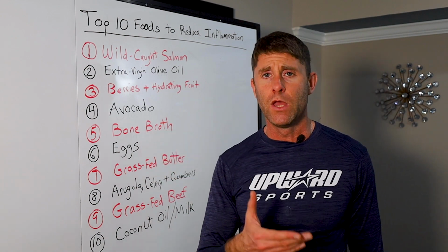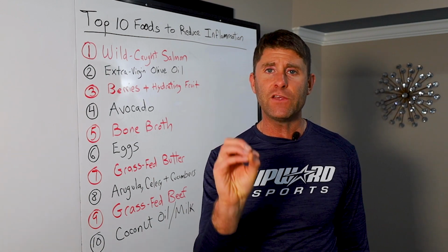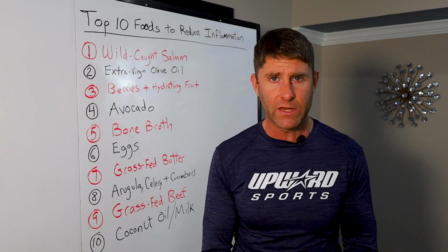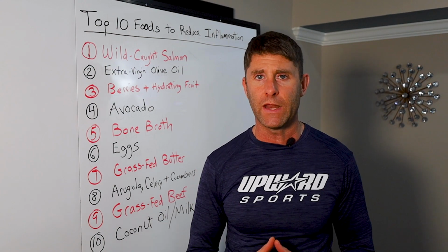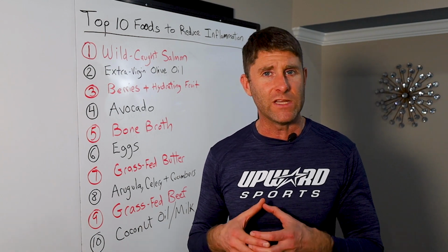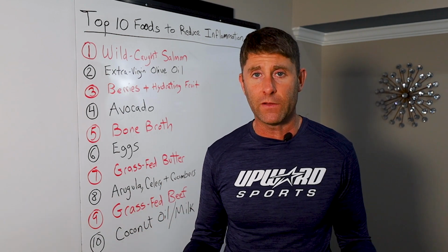Also very rich in chondroitin and hyaluronic acid and glucosamine. One of the most highly sold or sought after supplements on the market is a joint supplement called glucosamine chondroitin. You may have heard of that. You could find it pretty much at any drugstore, any supermarket. You'll find a whole row, a whole bunch of glucosamine and chondroitin, because so many people are dealing with arthritis, degenerative joints, and it's been really highly marketed for that, and it's had a lot of good results with people having improvements in joint health. Well,